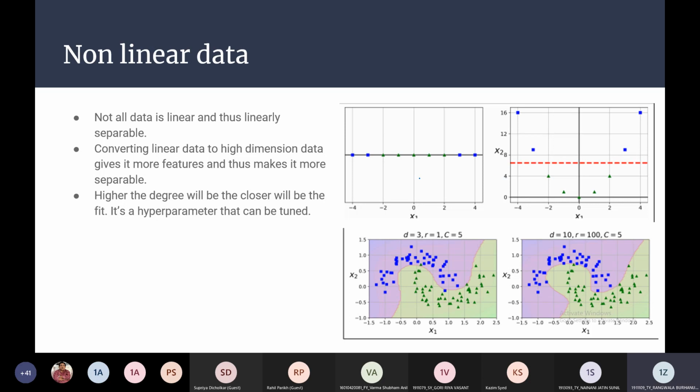So what you basically do is you just upscale this data, you convert it into 2 dimensions. So this is x1, and you maybe just square the data, and that way, since it's 2D data, it's now easy to classify. As you can see, you can either classify it as being less than 6 or over 6, or you could maybe also classify it on the basis of the central line. So this is how it helps.